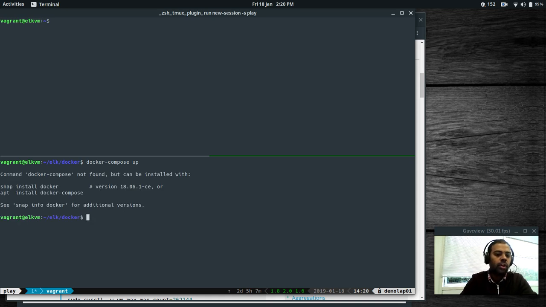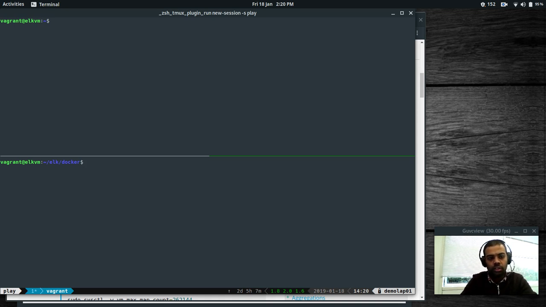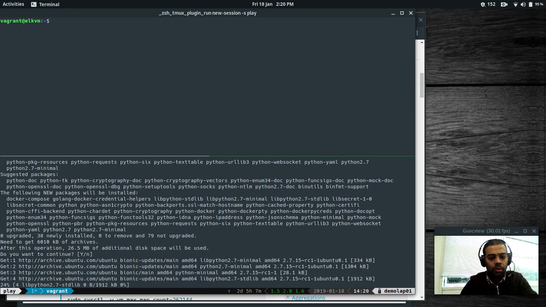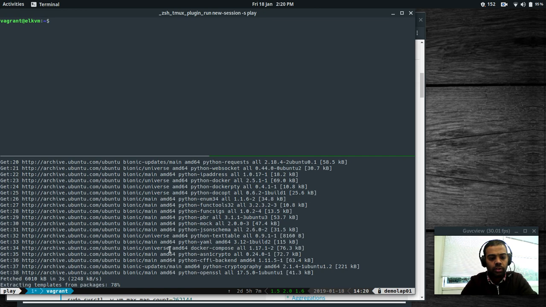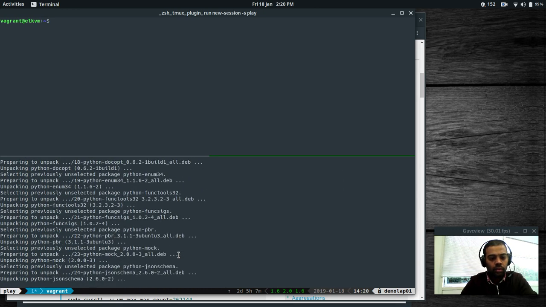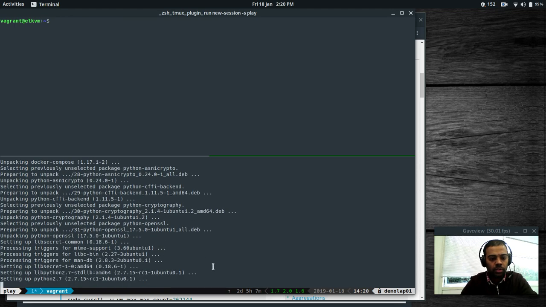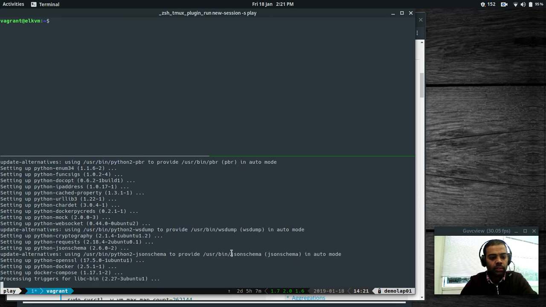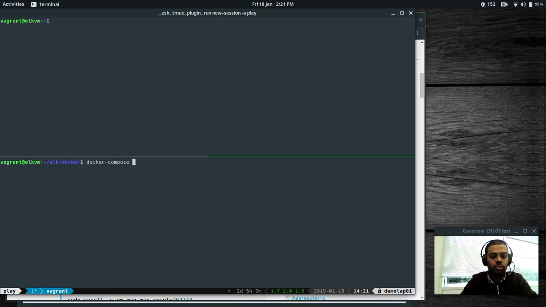Docker compose not found. That's right, we didn't install docker compose. sudo apt-get install docker-compose. So that's going to pull up lots and lots of dependencies. It's going to take a little while to install all those. Only takes about a few seconds, not massively long. Okay, let's wait for it to complete. That's completed. Now if I do docker compose up,